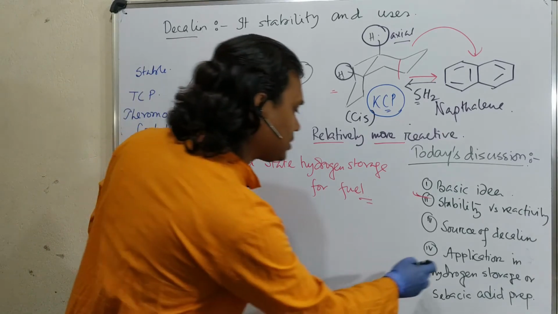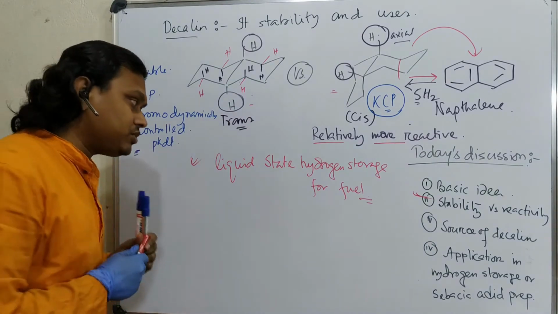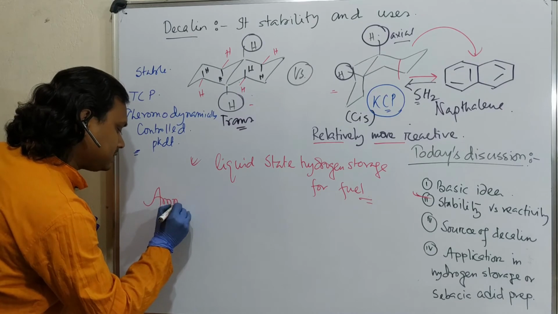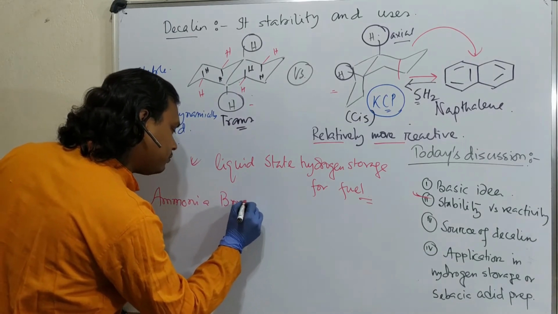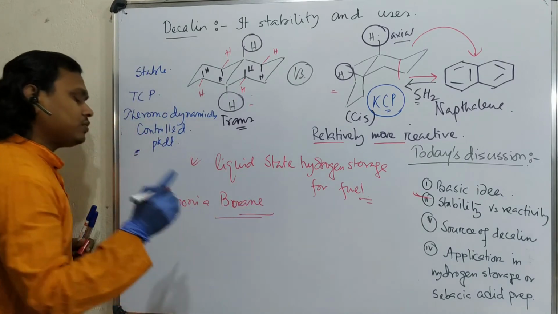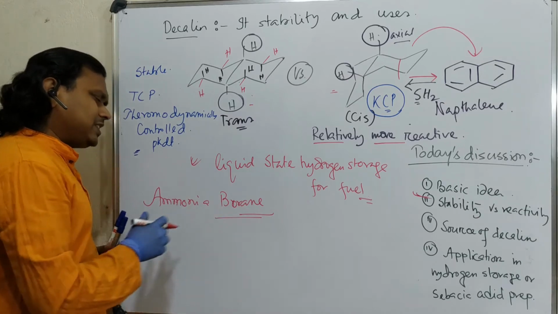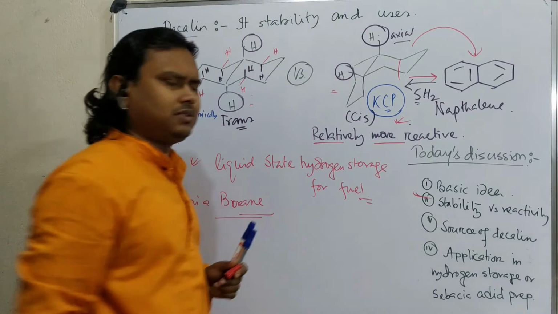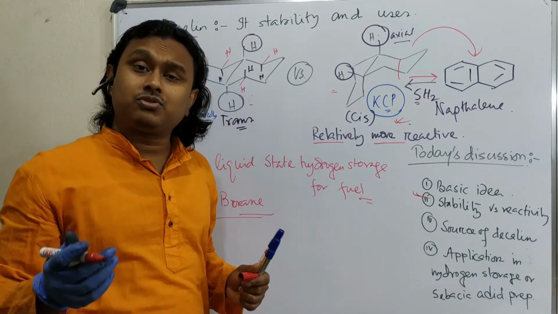Now we have understood the application of hydrogen storage, and by the way, please remember one another piece of information: there is one very famous chemical, I shall discuss it in some other topic, ammonia borane, which is useful for solid state hydrogen production. Okay, but the reversibility of this reagent is a question, though it is a very good promising thing. And by the way, this is cheaper compared to transition metal hydrogen storage.